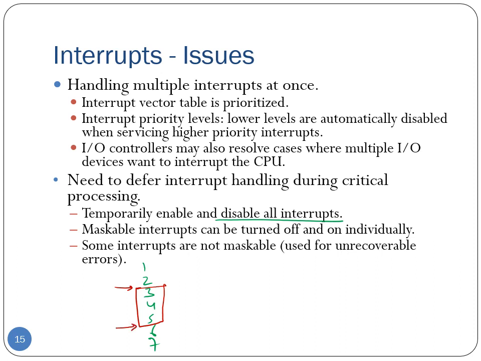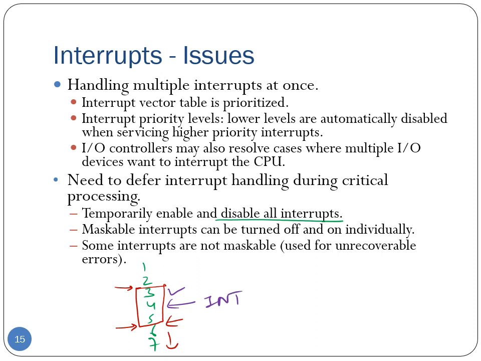To ensure such critical processing, it is important that before we start executing instruction number 3, we disable all the interrupts. The interrupts would be enabled again after executing instruction 5, so from instruction 6 onward. You would realize at this point, if we do not disable the interrupts and we start executing instruction 3, and while we are at instruction 4, there is an interrupt that arrives,